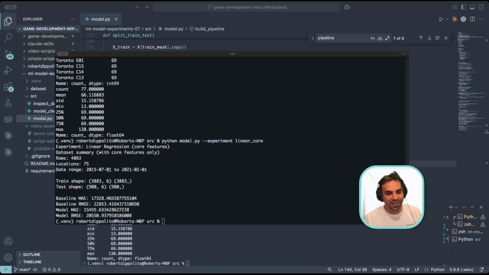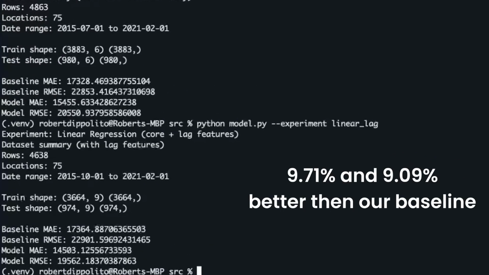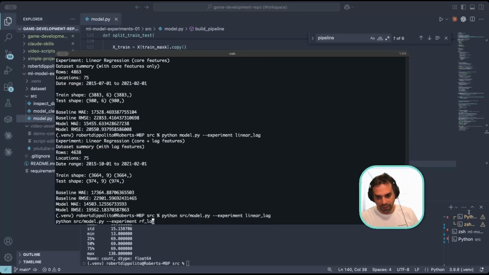If you are interested in seeing those, we did set up the repo in such a way that you could append the experiment type. So linear lag is the additional features that we added. And so you can train the model again, and you'll see compared to the baseline, better than the baseline, but not as good as the results that we saw. And then